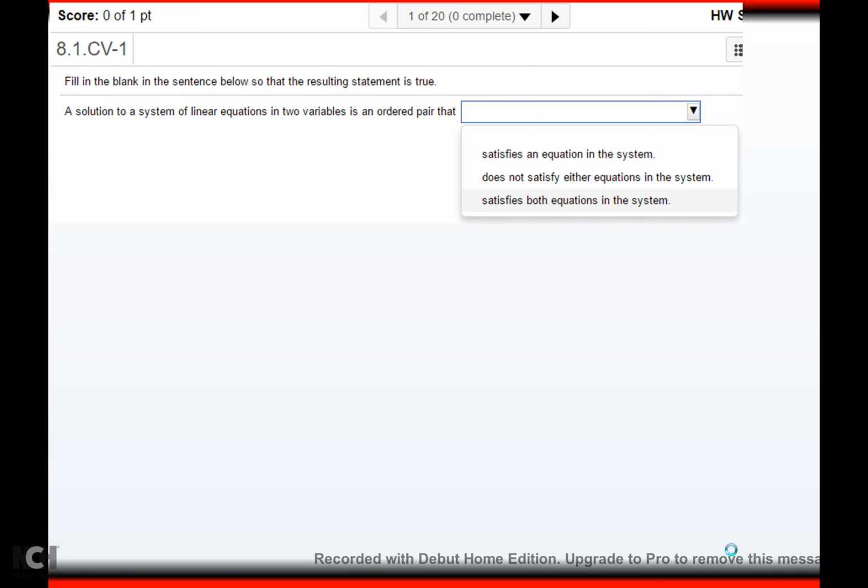All right, today we're going to review for your conceptual unit 1 test, which is over systems of equations. Number 1 says, fill in the blank in the sentence below so that the resulting statement is true. A solution to a system of linear equations in two variables is an ordered pair that satisfies an equation? No. Well, yes, but does not satisfy either? No, that wouldn't be a solution. It satisfies both. Okay, so this is half true, but it's got to satisfy both equations in the system to